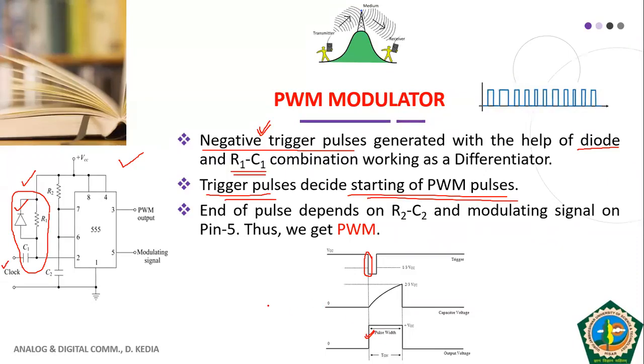Another change that has been done in this circuit is that our threshold terminal, that is terminal number 6, is connected across R2 and C2. It means the voltage which is compared in the comparator, one of those voltages is provided by this capacitor C2, okay. And in the comparator to which this threshold voltage is connected, another terminal was having the voltage 2 by 3 VCC.